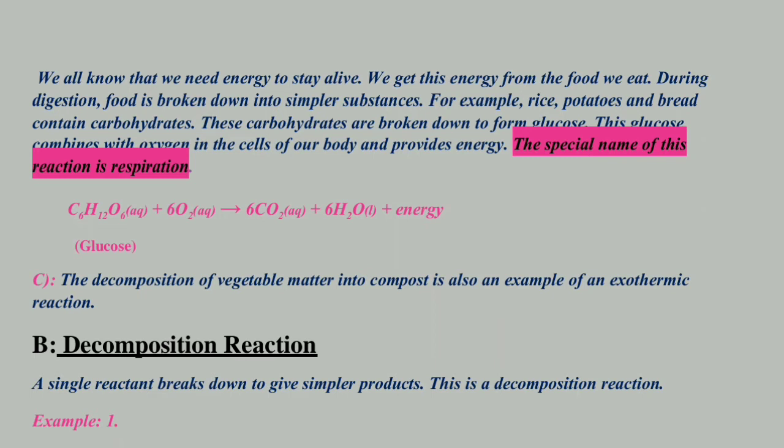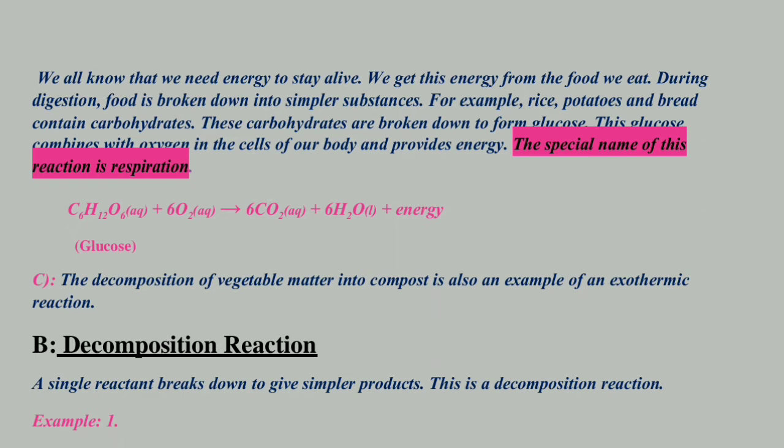Here we can see the chemical reaction. C6H12O6 in the aqueous form plus 6O2 makes 6CO2 plus 6H2O plus energy, and this energy will be in the form of ATP. Okay. Now the third one is the decomposition of vegetable matter into compost, which is also an example of an exothermic reaction. Okay, so these are the